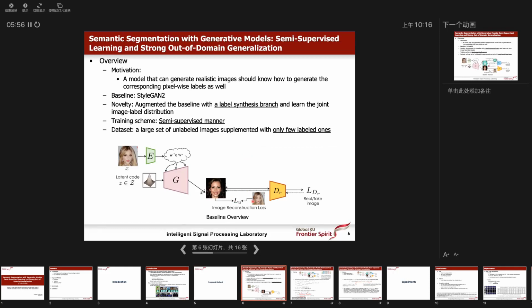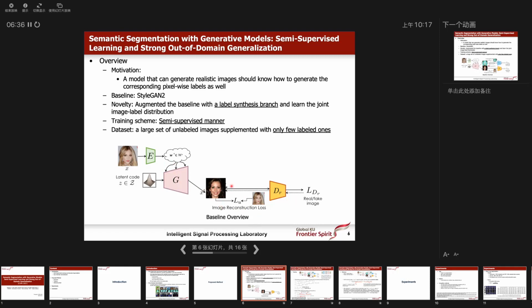The author wants to achieve semantic segmentation by using the GAN model. This figure is an example of the StyleGAN, which is also the baseline of this proposed method. We can see that from the StyleGAN V2, we input an image, and through the encoder and generator, we can reconstruct the image. And through the adversarial training and image reconstruction loss, we can realize the reconstruction of the